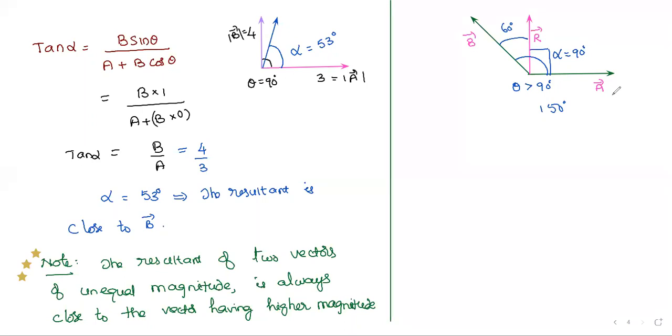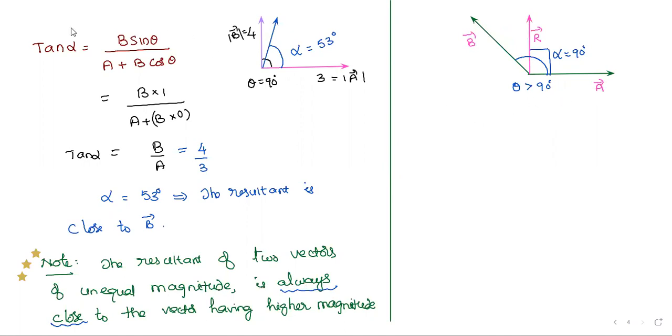This time I am getting the answers. Yes. What is that? This one only I asked previously. Why? Because here the angle is less with B, it is close to B. Close to B means, from the note we can understand, the resultant is always close to the higher magnitude. So B has higher magnitude, A has lower magnitude. Yeah, that's it. What is the confusion in the question? No need to take it like this.